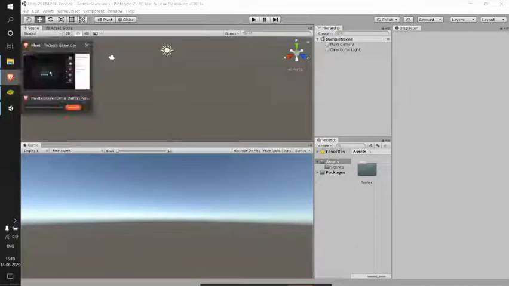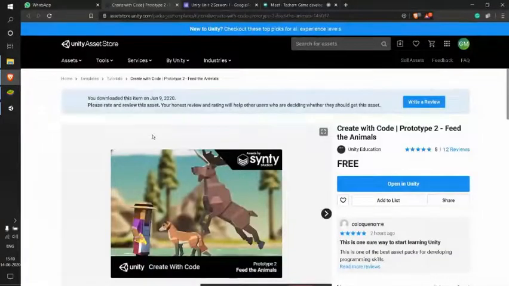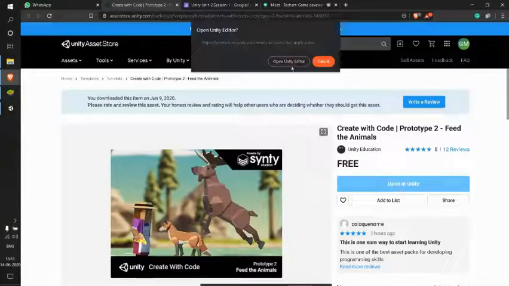So let me go back to my browser and I'll be sharing this link with you people later. So this is the same procedure we did for our prototype one. We'll just click. If that's the first time you are visiting this page, you have to add this asset to your account.